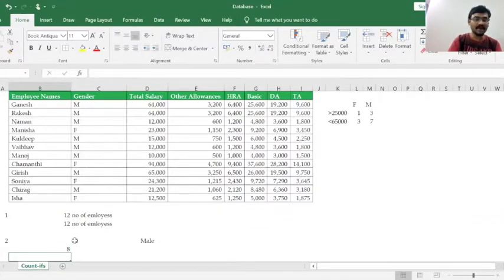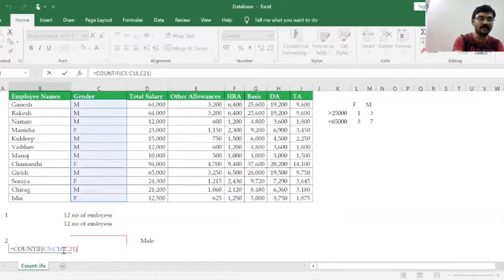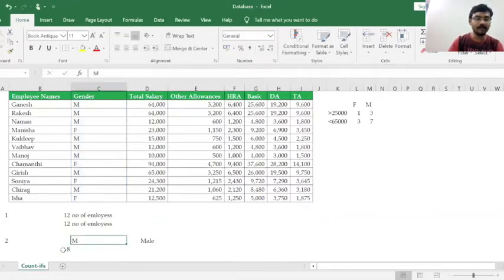You also need to understand that there should be a data integrity. Here I have mentioned M. If you see the formula, it says COUNTIF, the range is C5 to C16, and the criteria is C21. C21 is M. The data integrity should be there, where in the range, if you have mentioned M, the same criteria should be there here as M.